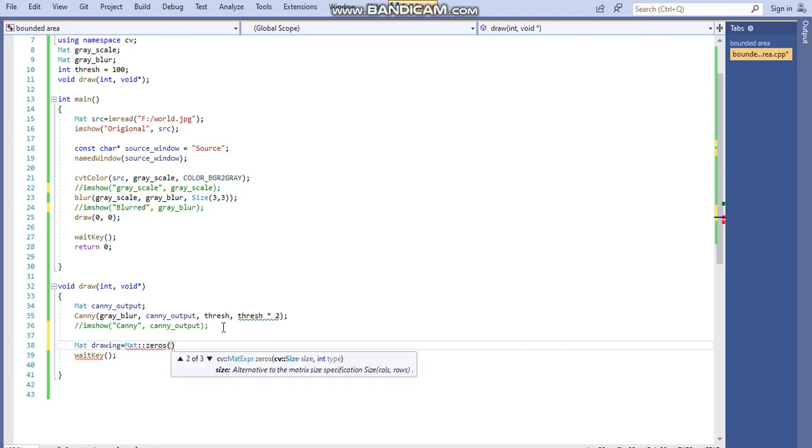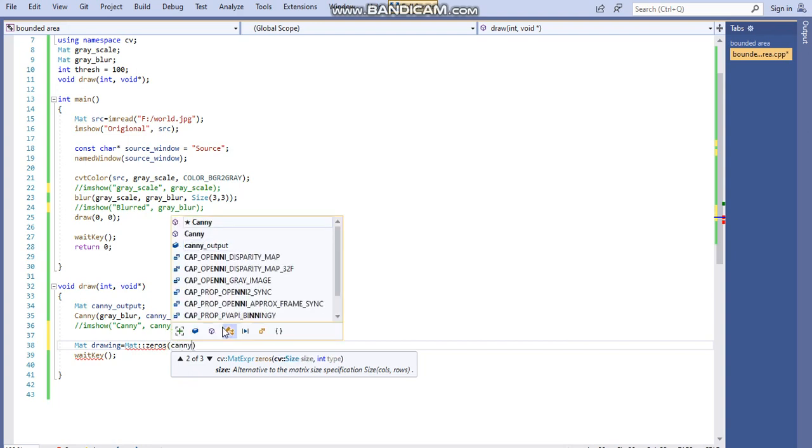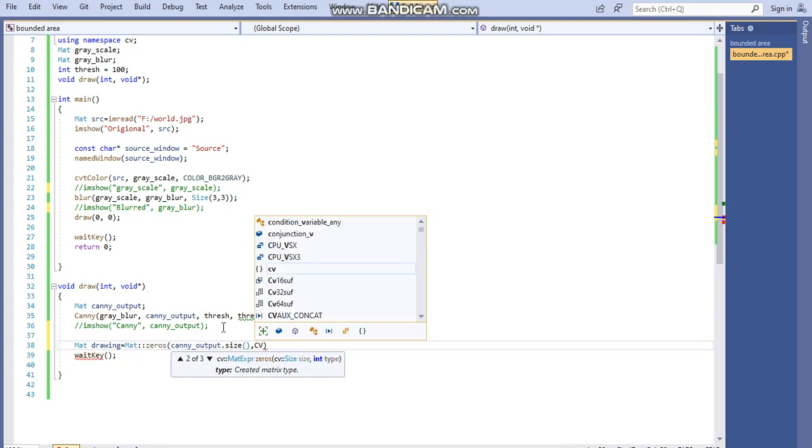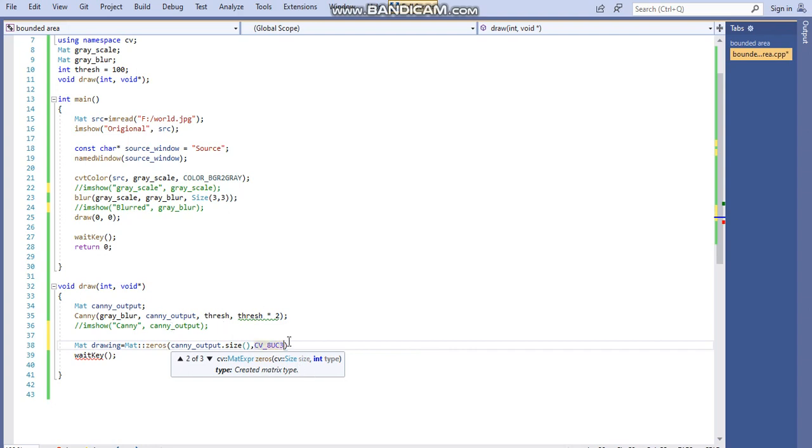In zeros we need rows and columns, so for that we use Canny underscore output dot size, so it takes the rows and columns of the same image. Then the type, say CV underscore 8UC3. Yes, this one is the type. So drawing is ready.